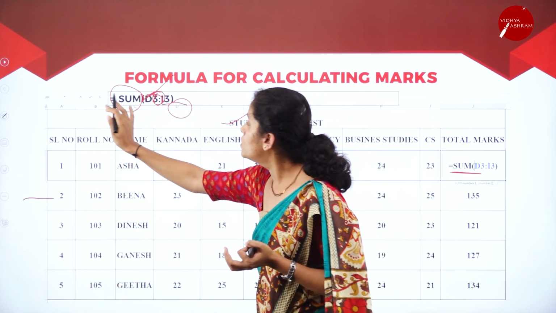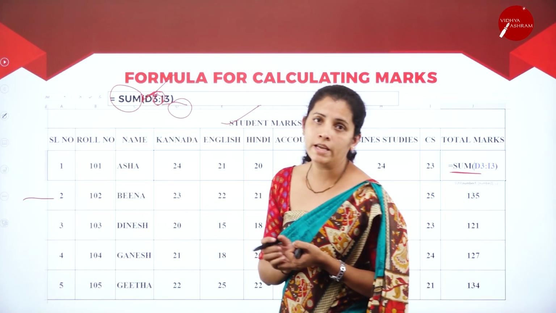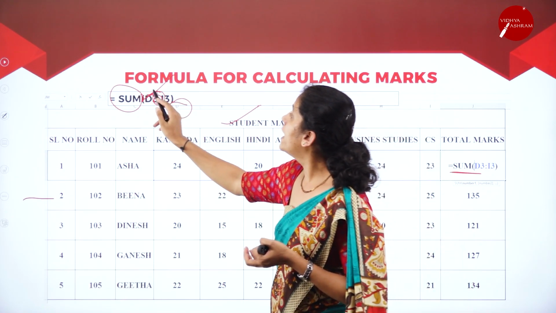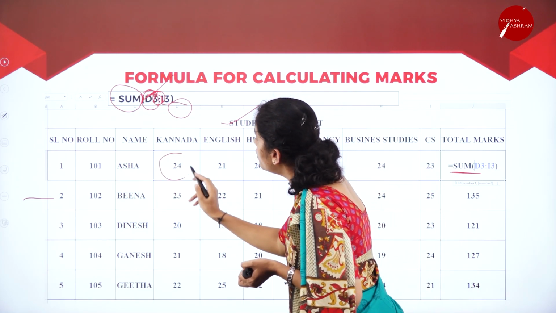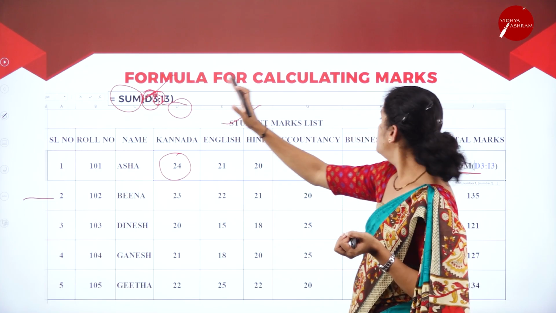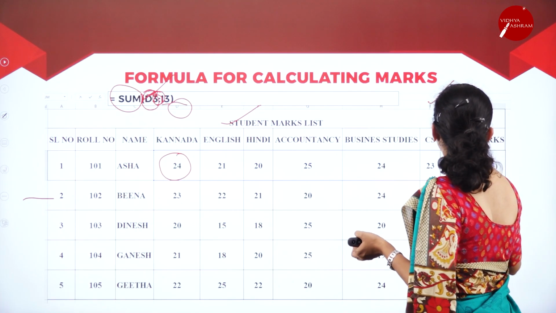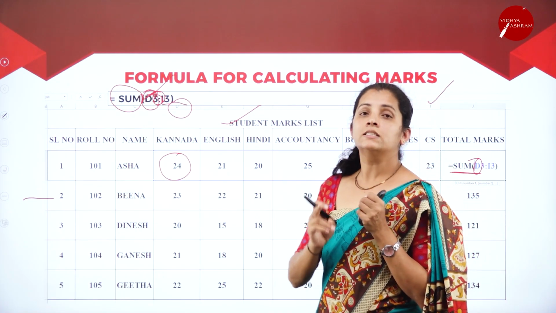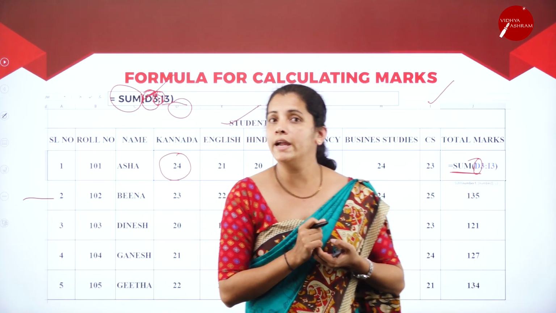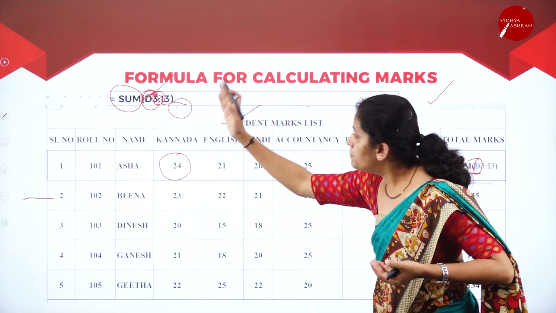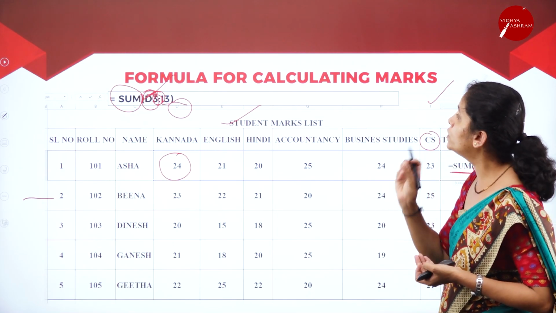So there are two parts, the alphabet D and the number 3 together, that form the address, that is nothing but D3. That means I want to start from the Dth column to the Ith column. So I'm going to have the cell range D3 to I3. So I want to perform the addition of subject Kannada to subject computer science, and I'm going to use the